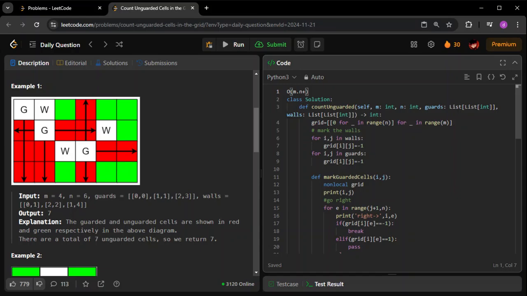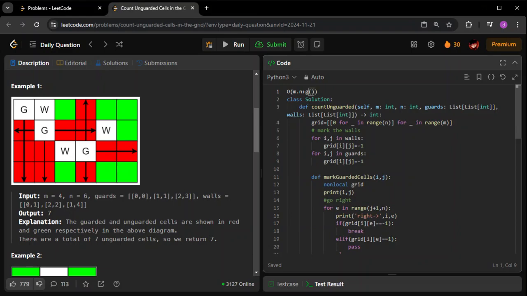Other than that, if you see this particular function, what it does, it will go through each of the guards, and in the worst case, it will be marking the whole row. Let us say the whole row is not obstructed, so the whole row will start to guard. We have to go through the whole row and column again. So it will be something like g